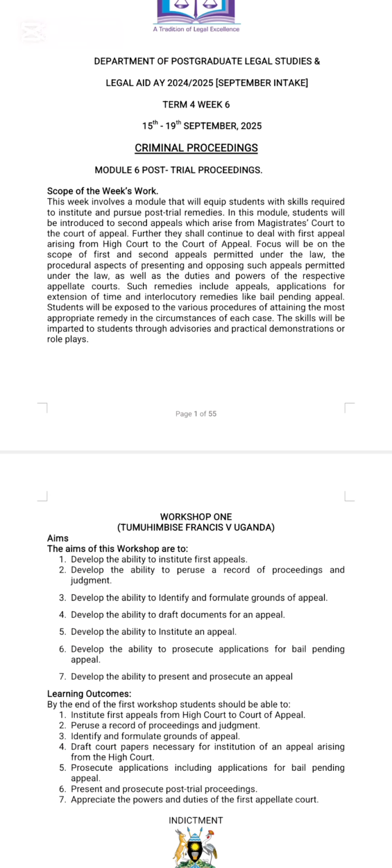Under the law we basically have 3 appeals: first appeals, second appeals, and third appeals. As far as first appeals are concerned, if you read the case of Chifamunte Henry versus Uganda, you find that on first appeals, the appellate court evaluates whether the trial court properly did its mandate. Second appeals are always on matters of law and fact, and third appeals are only on matters of law.